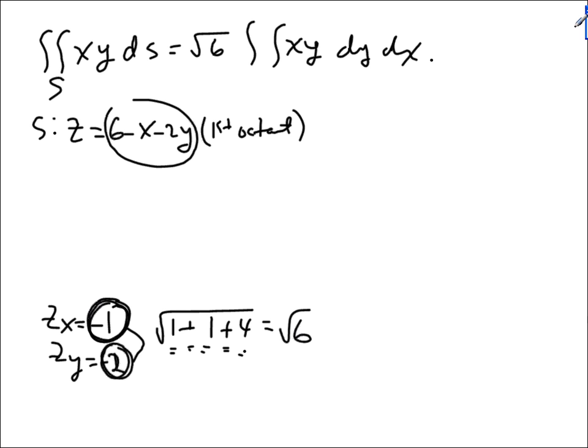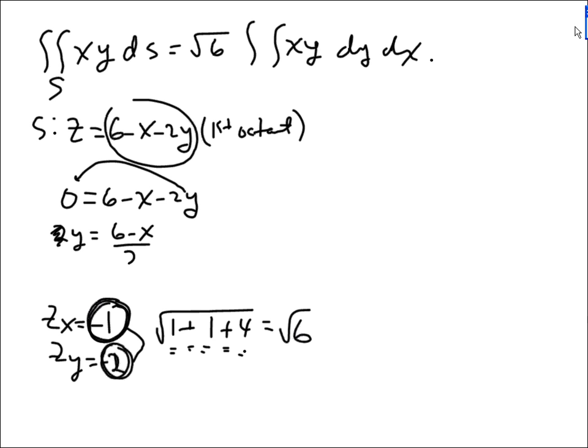So let's look at this in the xy plane. 0 is equal to 6 minus x minus 2y. If you solve for y, if you bring the y over, you get positive 2y is 6 minus x. So y equals this. And you're in the first octant. That means x, y, and z are positive. Well, if we were to draw this,